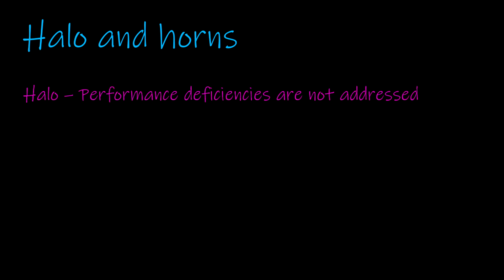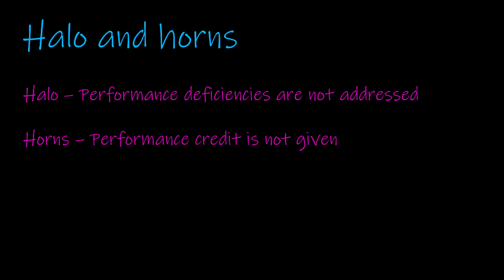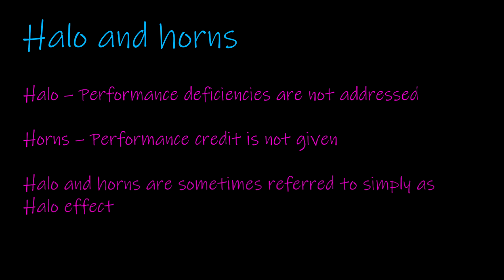Now, there are a few key takeaways I want you to take from the halo and horns effects here. The first is with the halo effect, performance deficiencies are not addressed because we tend to evaluate people favorably based upon one strong characteristic, so their areas that are not so strong never get addressed in the evaluation process. With the horns effect, performance credit isn't given where it's due, because where an employee is performing well, they're being discounted due to poor performance in another area. The other thing that I want to make sure you're aware of here is that the halo and horns effect are sometimes simply referred to as the halo effect. So there are times where you may hear someone talk about a halo effect, but they are referring to negative